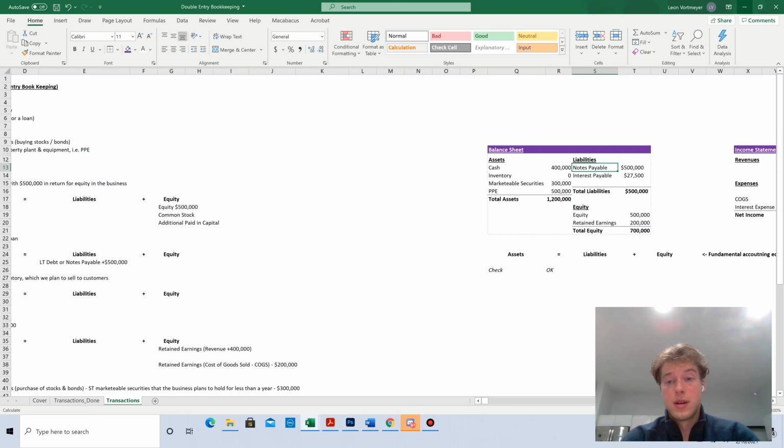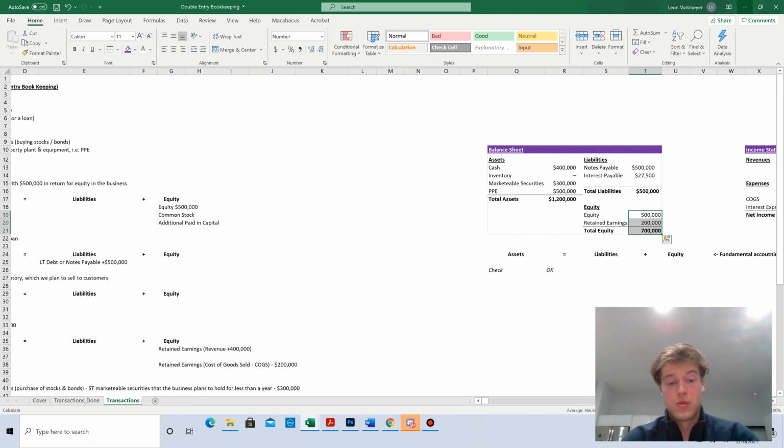I'm going to make these all currency here. I'm doing Control-Shift-4 with a special plugin I have called Mechanicus. It's like a power modeling tool that adds to the Excel functionality. But if you guys have Mechanicus or want to get Mechanicus, Control-Shift-4 lets you quickly designate these things as numbers from accounting, so currency. So what we're going to do, we're going to add interest payable here, as we did,